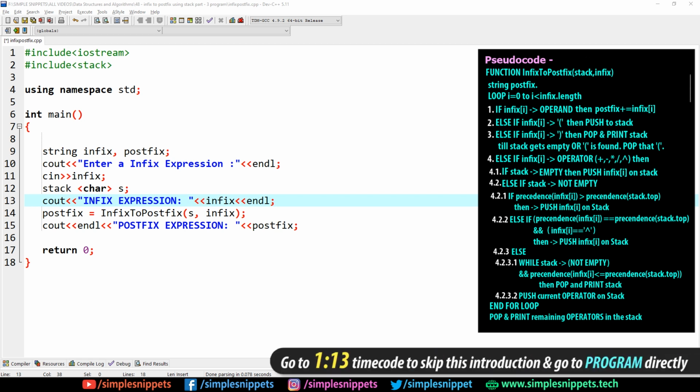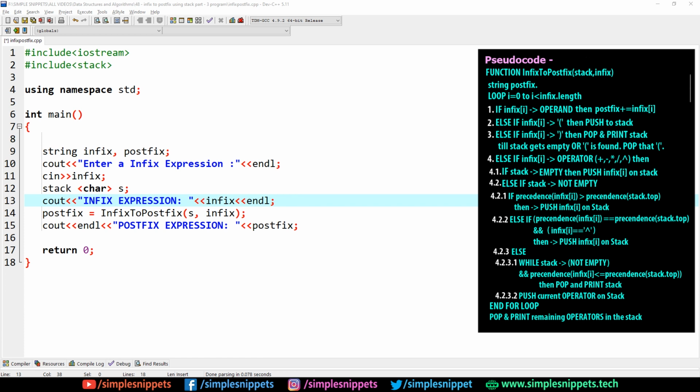And if you don't know the Infix to Postfix conversion, please make sure to watch the previous two video tutorials in this course where we've discussed the rules and then we also saw the pseudocode which you can see on the right hand side. So we've discussed thoroughly these two things. That is the conversion of infix to postfix, and that is where the working was discussed. We also took some examples, and in today's tutorial we're just gonna focus on writing a C++ program,